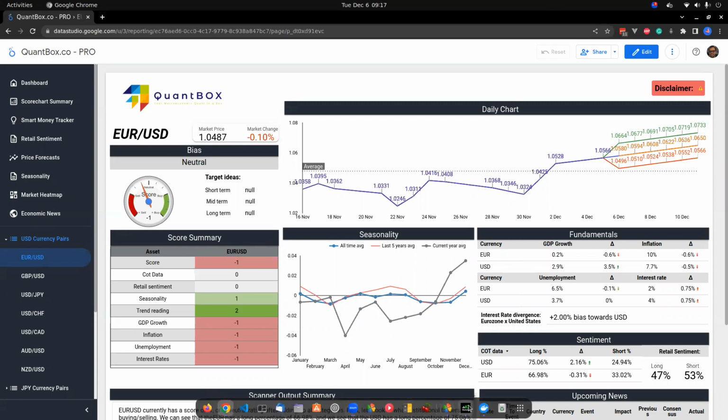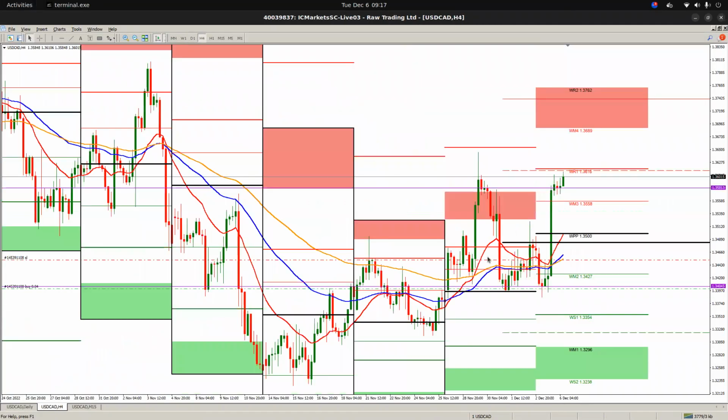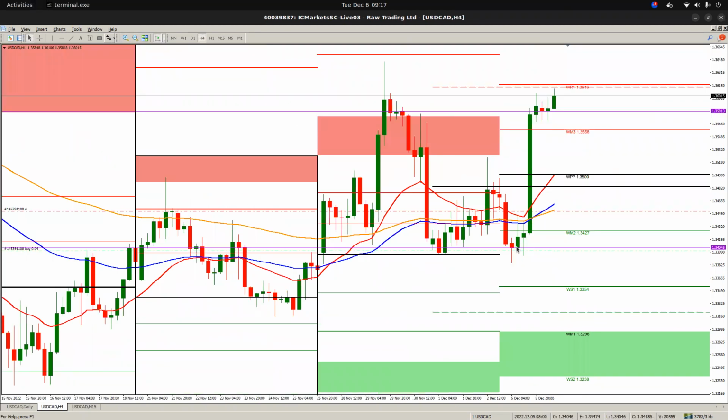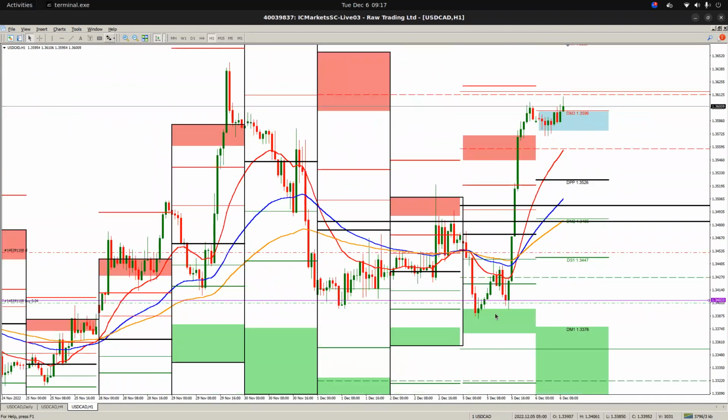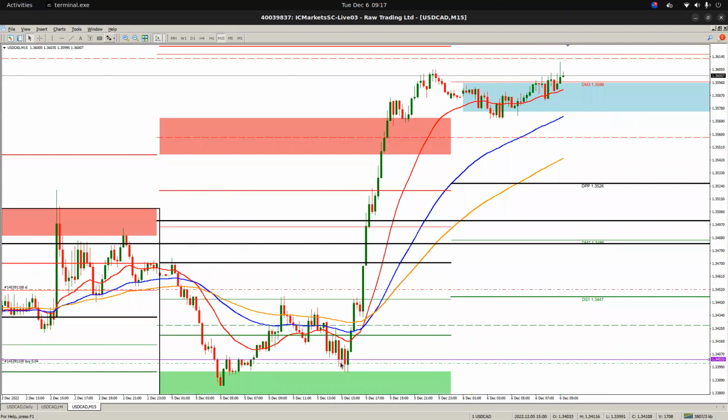Now, I didn't upload a New York video yesterday because there was nothing to talk about in New York. What I said to you was that the H4 time frame was sorted. We closed at that support. All I'm looking for is H1 to come down, touch support again, close at the bottom of the range, and I'm looking for some indication of a roll reversal on M15. Okay, and I got it. So I took it, and voila.